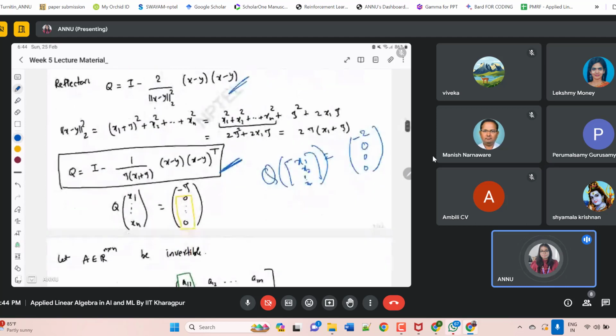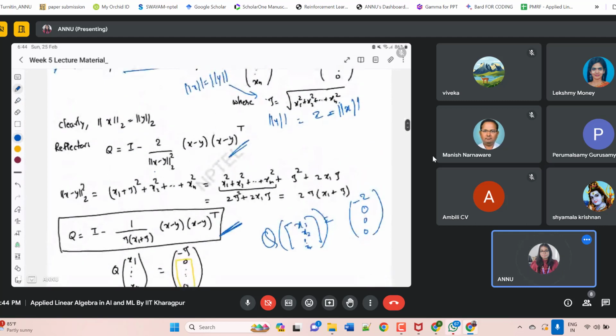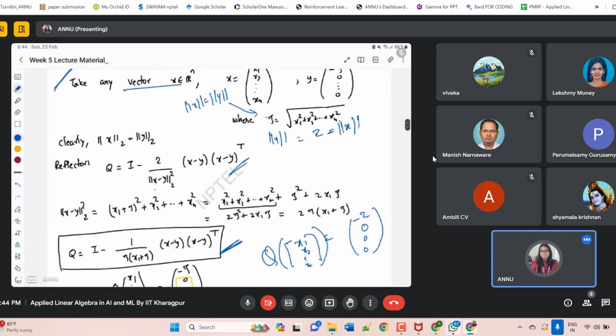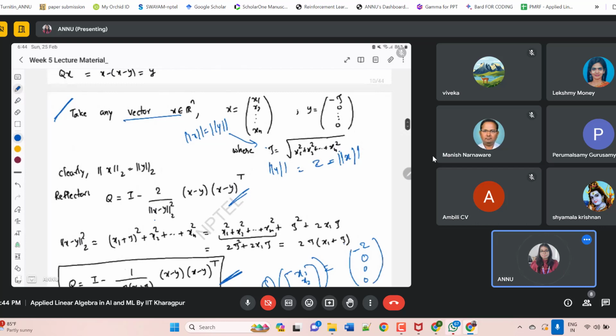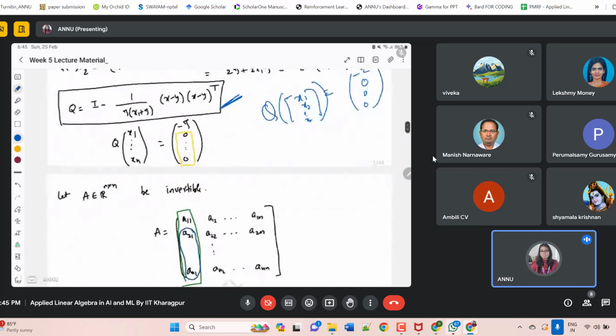Now, this is one column of any matrix. If you assume this as one column of any matrix, you are getting this particular desired output. Because in the case of QR decomposition, we were doing that thing. So this is one way to do that using reflectors, and this is one of the uses of the reflector. The first use was to reflect everything over a subspace. The second use was to transform every vector in a matrix. Now let's see how it can be done.